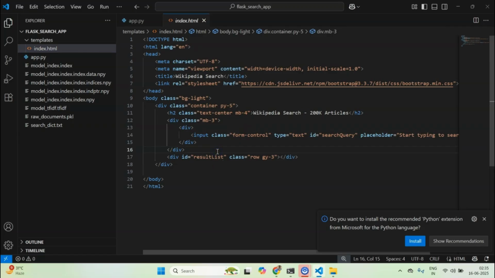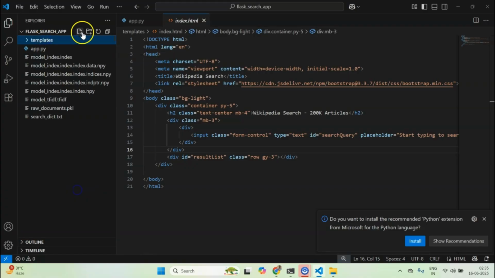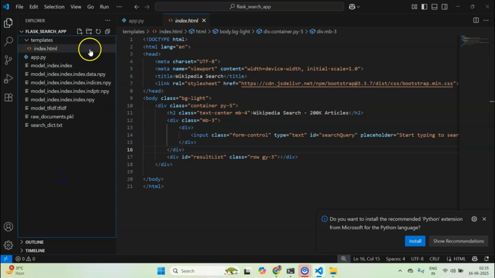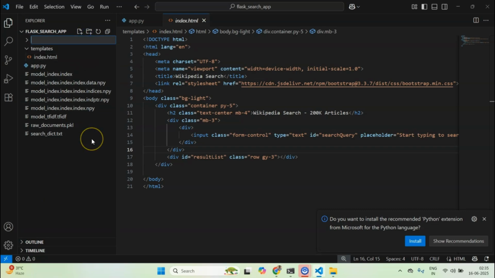What I would want to do is set up a script. This script is going to be a JavaScript script. So for that, let's create a new directory called static, and within this I'll create a new file called script.js.